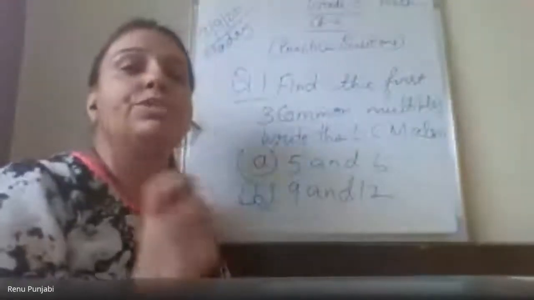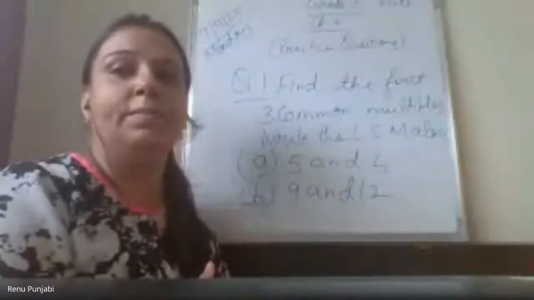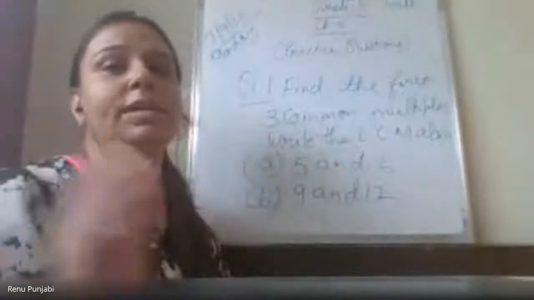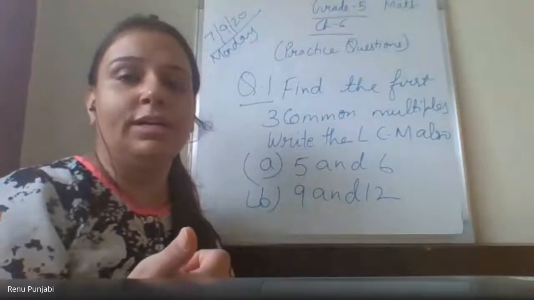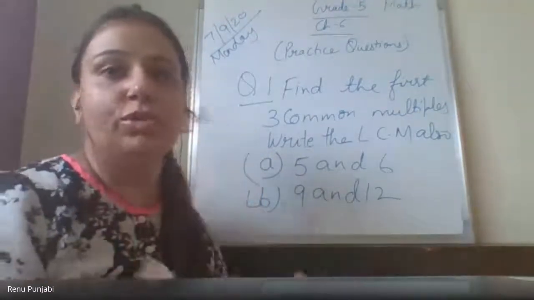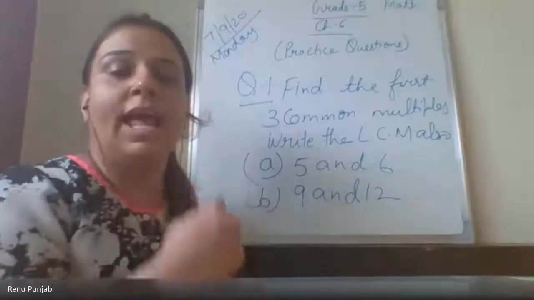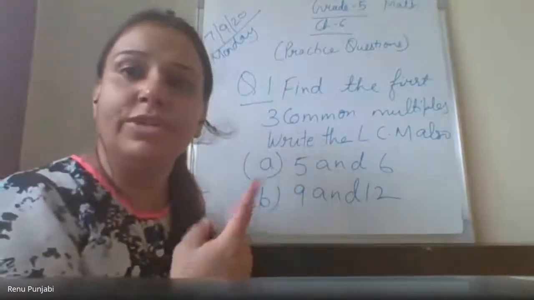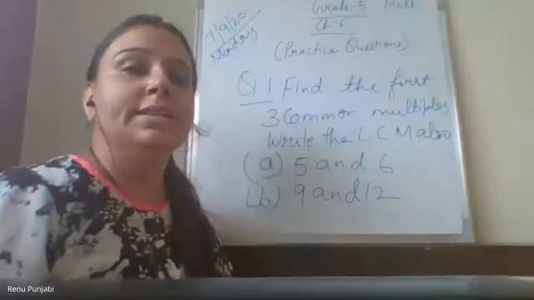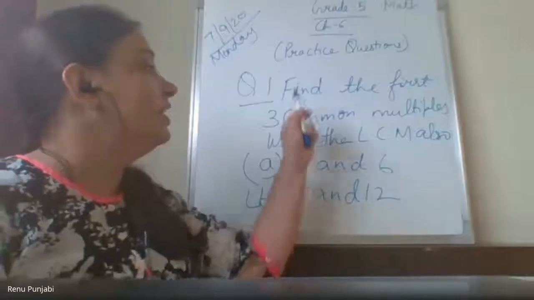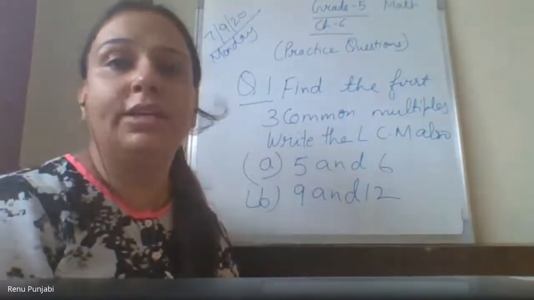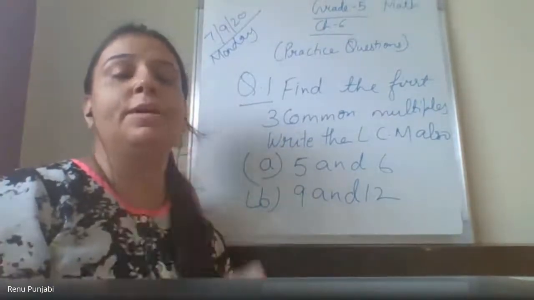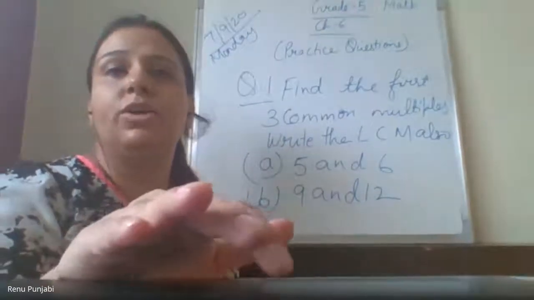But when the questions come in the exam, they will give you some limit on how many multiples you have to write. Like that, I have given an example to write two multiples. So you told 7 1 7 and 7 2 14. So 7 and 14 are the two multiples of 7. This way, if I have written here, find the first three common multiples, so how to find the common multiples, right? Common multiples we always find. Please keep your mics off.